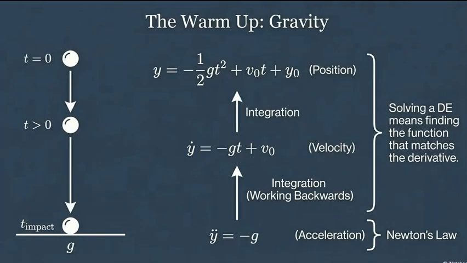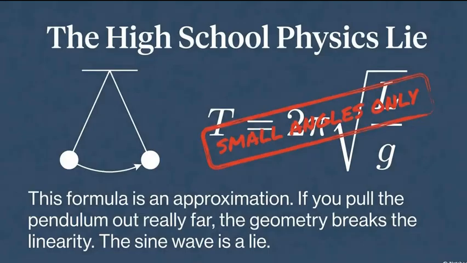Okay, unpack that. Why did my teacher lie to me? They lied because the truth is mathematically horrifying. Here's the reality. When a pendulum swings, gravity pulls it straight down. Right. But the pendulum is on a rope. It has to move in an arc. So the force that actually pulls it along that arc depends on the angle. Specifically, it depends on the sine of the angle. Sine theta. Okay, I remember sine from trig class. Curves, waves. That actually seems appropriate for a pendulum. It seems appropriate, but mathematically, it's a disaster to solve.